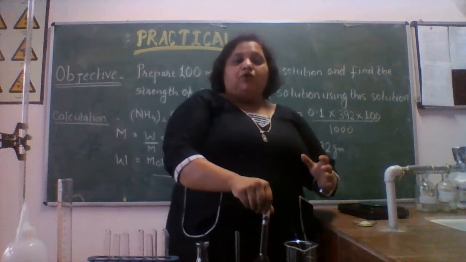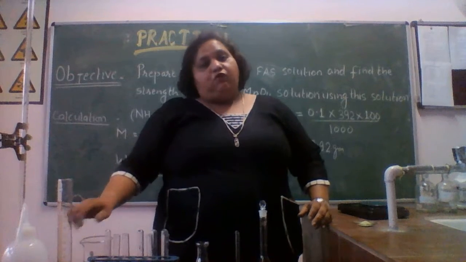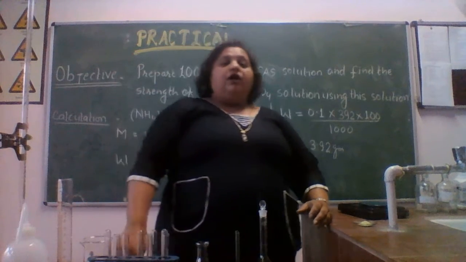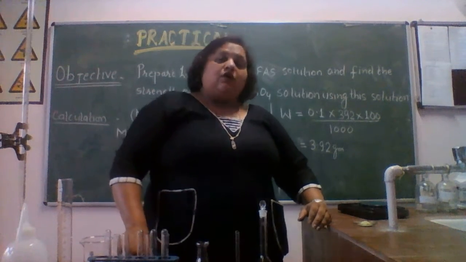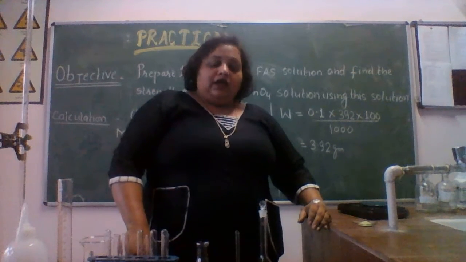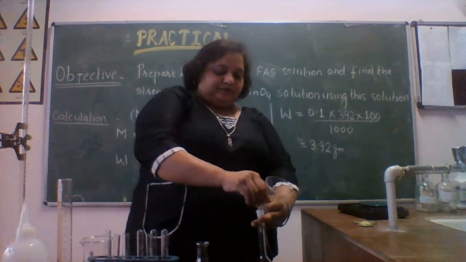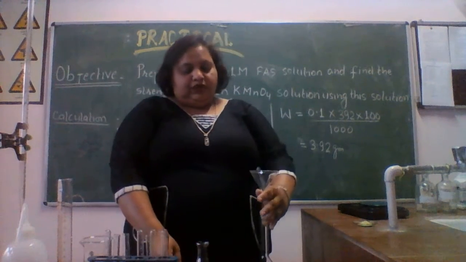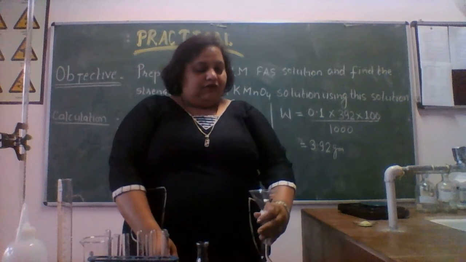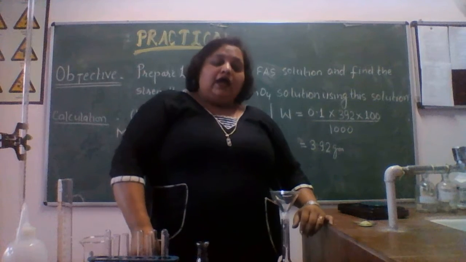If I directly pour this here, maybe some of my crystals will fall down. For avoiding this kind of error, there should not be any experimental error, I am just going to use this funnel. Now with the help of this funnel, I will transfer this salt into this volumetric flask, and now it's time